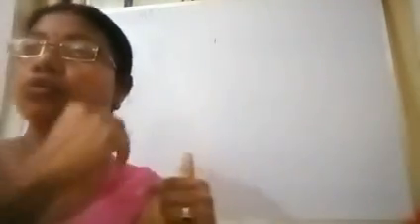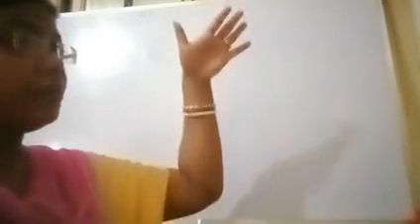Everybody has stairs at home. If I say try this, on each stair you will write one number, 1 to 10. When you are going up, you will count 1, 2, 3, 4, 5, 6, 7, 8, 9, 10. And when you are coming down from 10, you will not count as 1, 2, 3, 4. You will count 10, 9, 8, 7, 6, 5, 4, 3. This way, you can learn backward counting very easily.